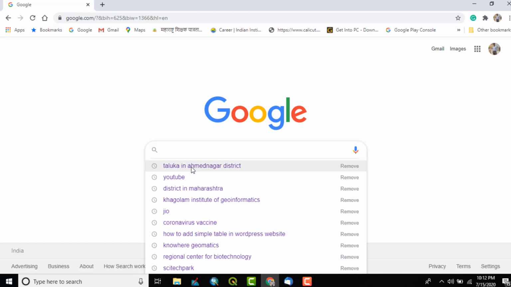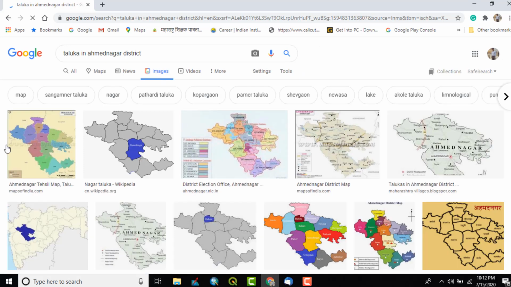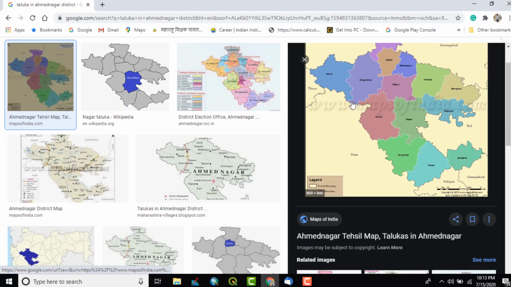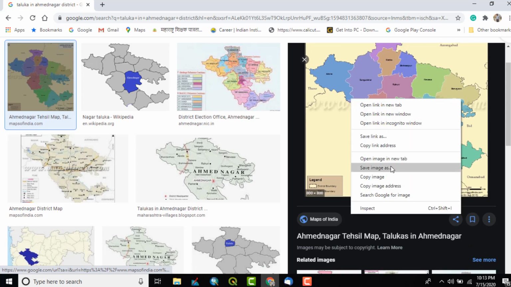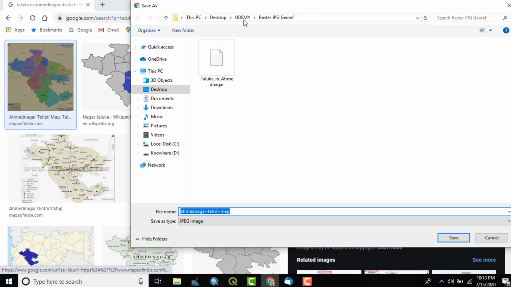I search here in Google "Taluka in Ahmednagar district". When I click on images, I will get various maps like here. So this shows the Tehsil information. What I will do is simply right click and save image as to save this particular JPG file, and I will save it in my folder.